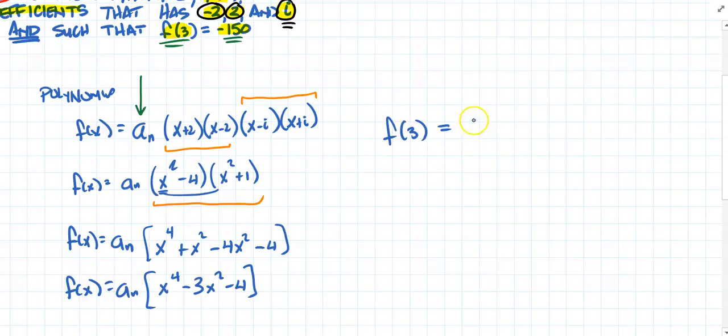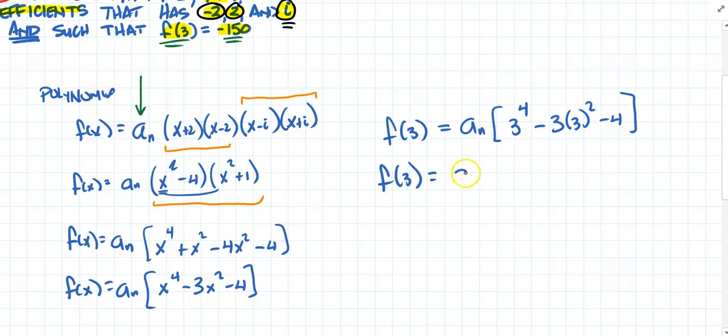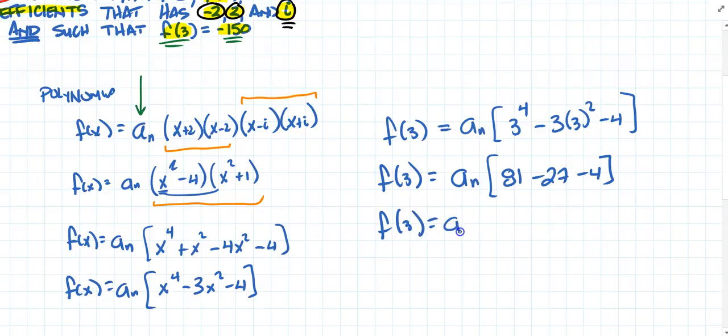I would get a sub n times 3 to the fourth minus 3 times 3 squared minus 4. So f of 3 is going to be a sub n times... 3 to the fourth is 81, minus 3 squared is 9 times 3 is 27, minus 4. So f of 3 is equal to a sub n times 81 minus 27 minus 4 is worth negative 1,